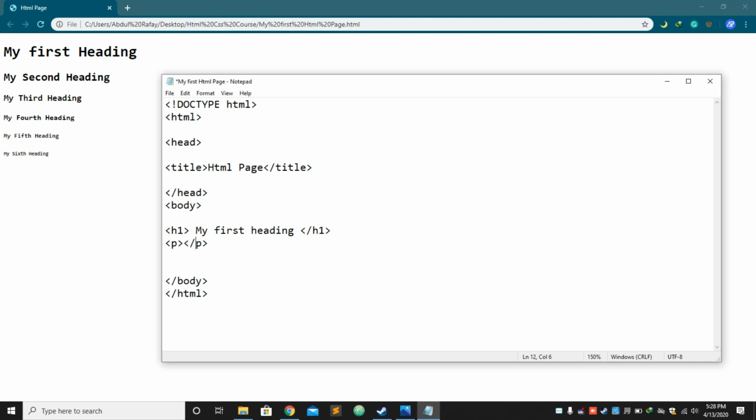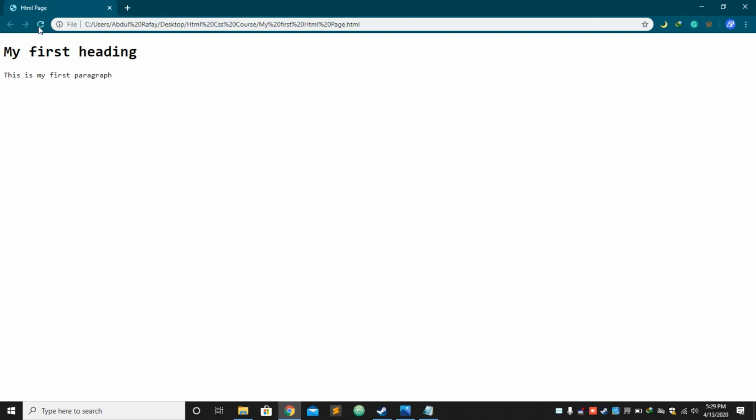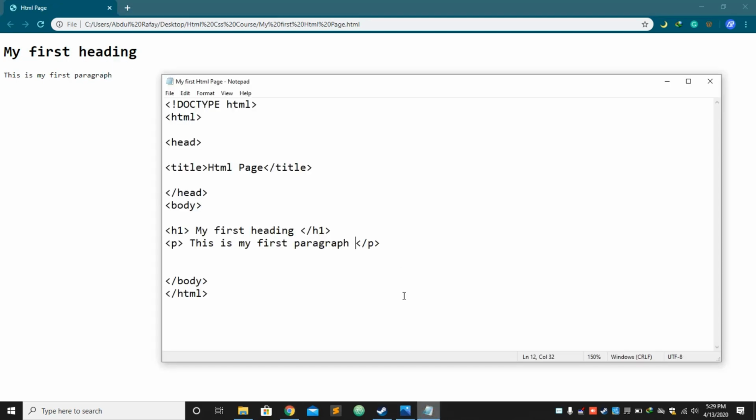We can write our paragraph within the P tag. This is my first paragraph. Just reload it. Now this is our first heading and this is our first paragraph. So paragraph didn't have any sizes like headings.